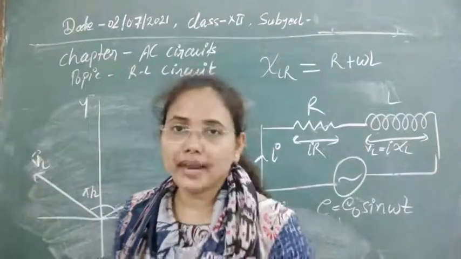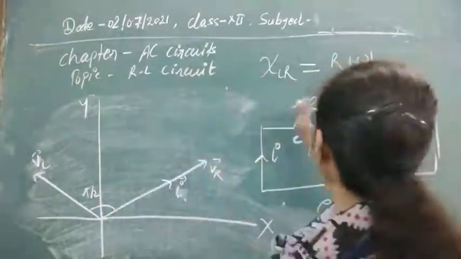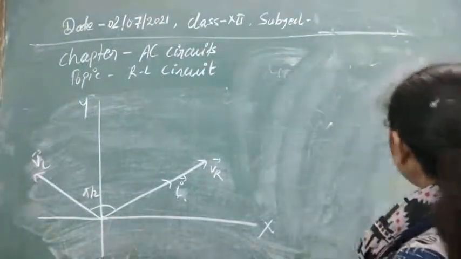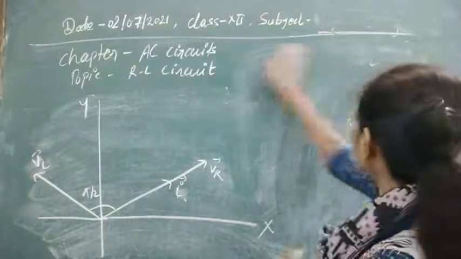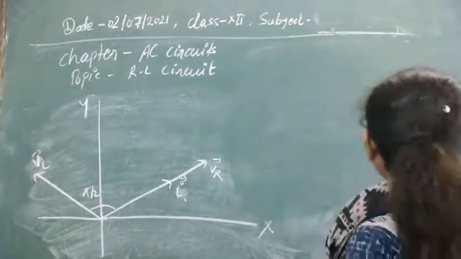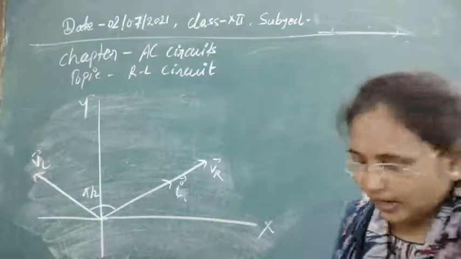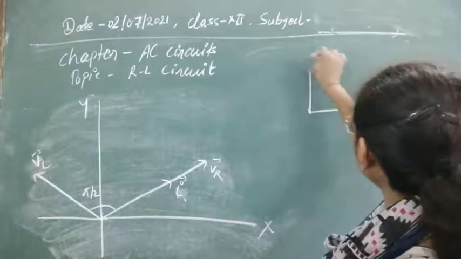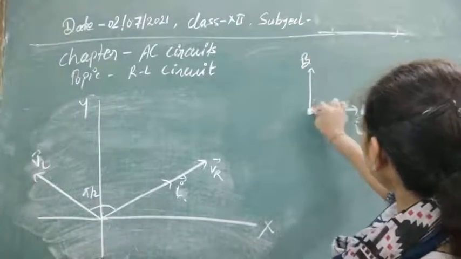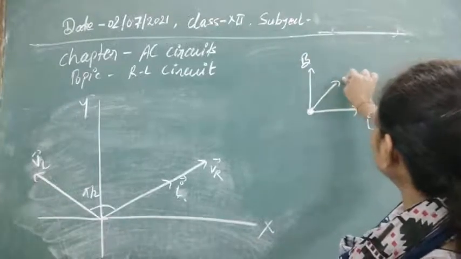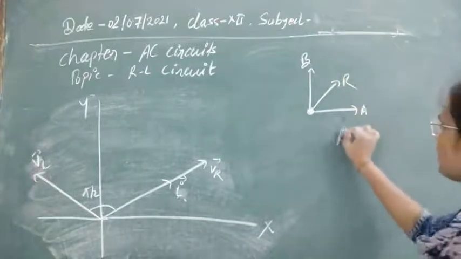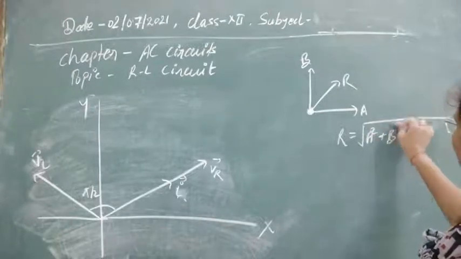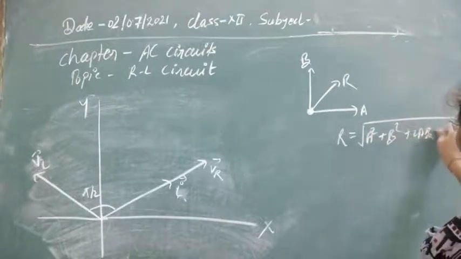Whenever we have two vector quantities, if you want to find the resultant vector, then you have to go to vector quantities and their components. So first, suppose we have two vectors, one is vector A, second is vector B, at a 90-degree angle. Then you know their resultant is in this direction, and this resultant R has the magnitude given by A square plus B square plus 2AB cos theta.